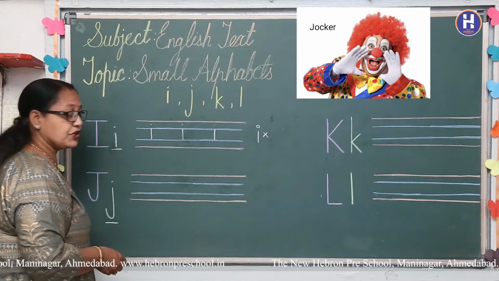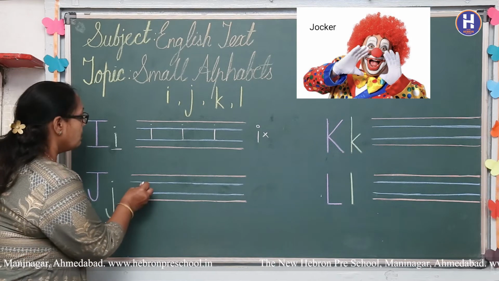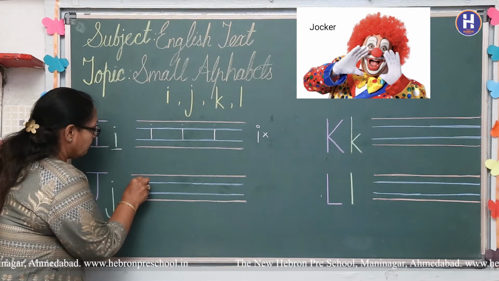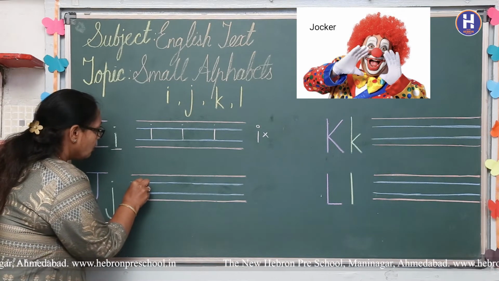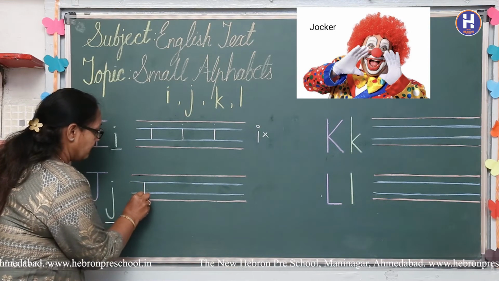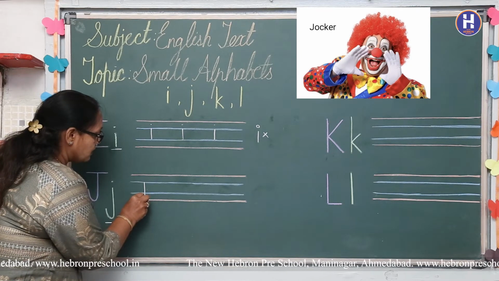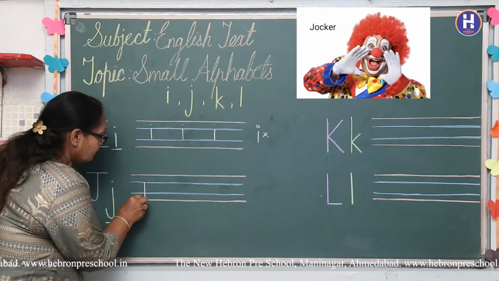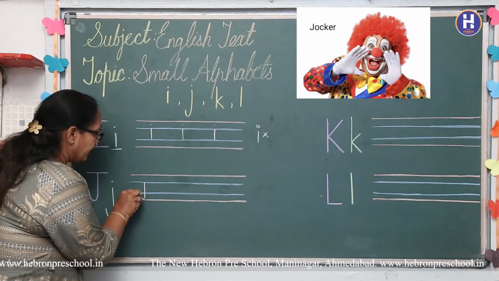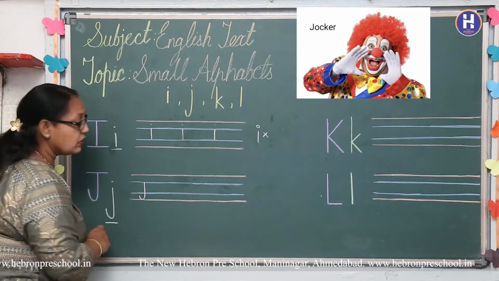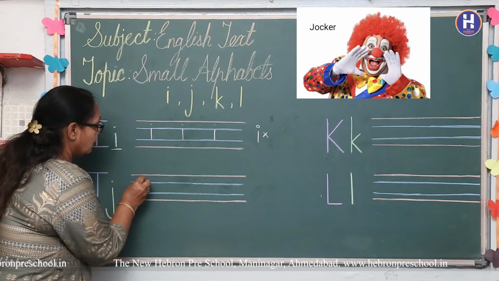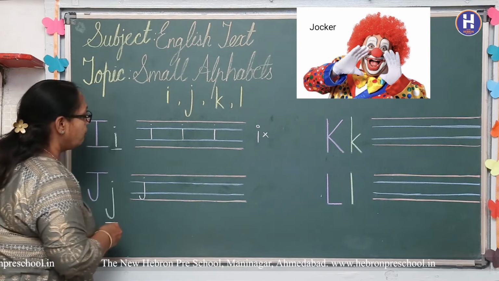How you will write small j? We will write small j from blue to red line. Start from the first blue line, make a standing line. Before the red line, bottom red line, you have to give a curve. Turn your pencil, go up and stop before second blue line. And now you have to make a dot between red to first blue line.